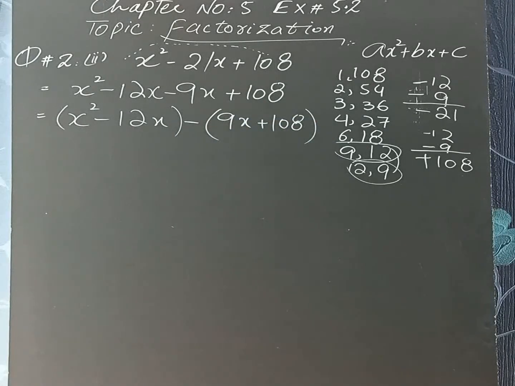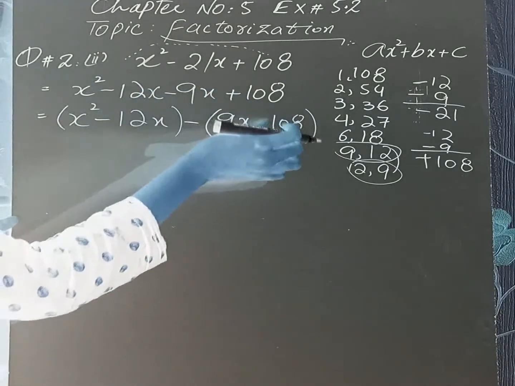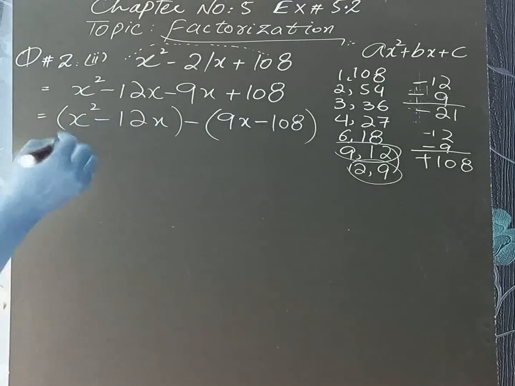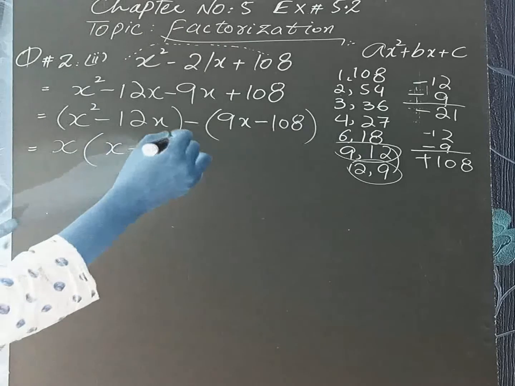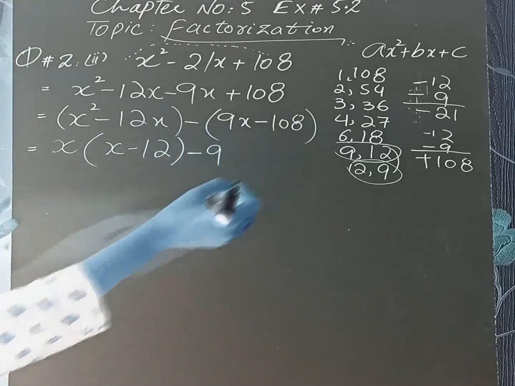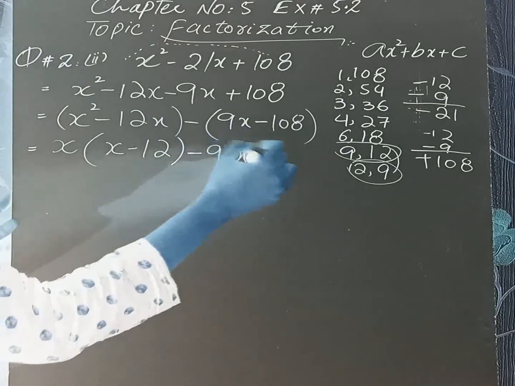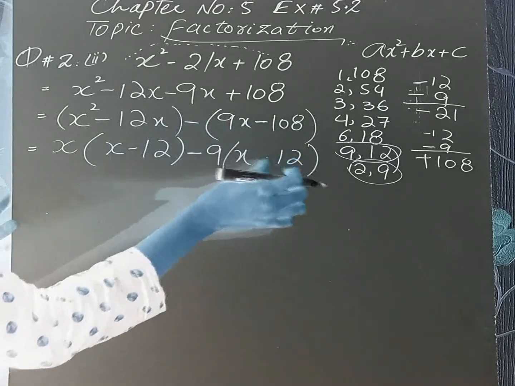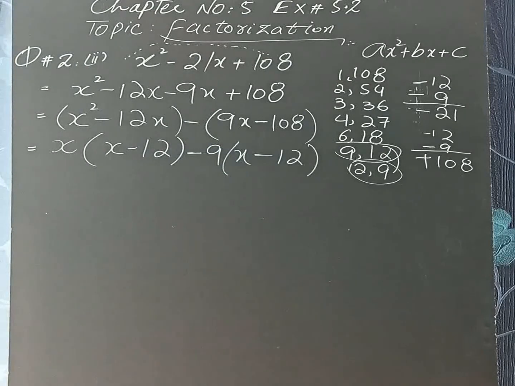Okay guys, I have told you, if I'm going to put the bracket myself and outside is minus, the sign will be changed. So now I will take the common from here, that is x minus 12. Here the common will be 9, because 9 and 108 are divisible by 9. x minus, minus minus plus 9 one times and 9 two times. So minus minus plus, I'm not going to, because already I have changed the sign. So now once again I will not change that.